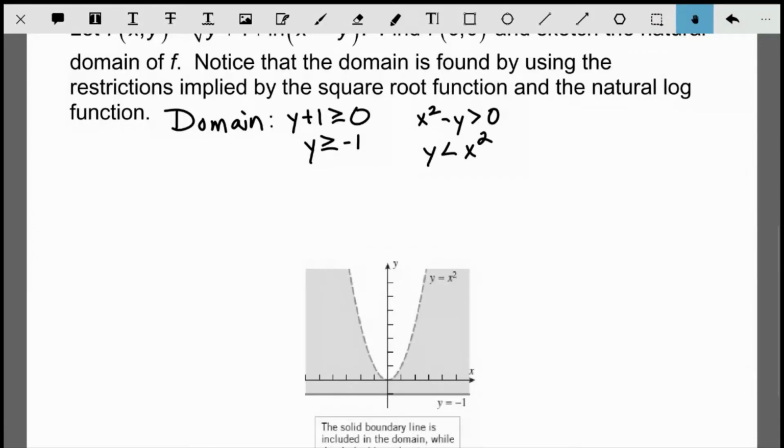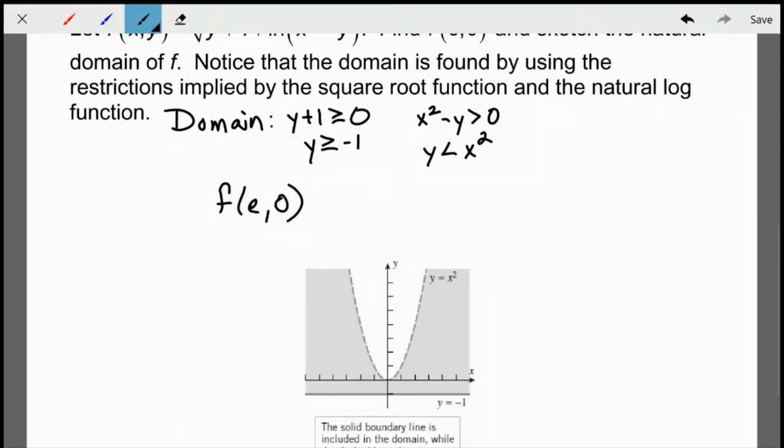So we have a system of inequalities, y greater than or equal to negative 1, and then y less than x squared, and it's everything between those two because they both have to be true at the same time. Okay, also, with the notation, they said to evaluate f of